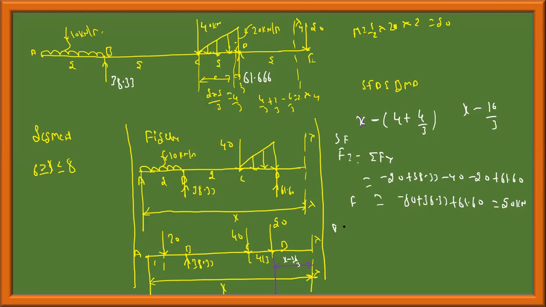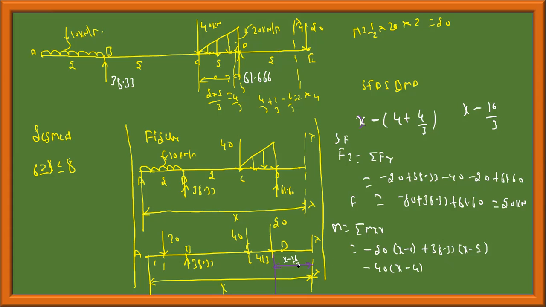Okay, moment is equal to the summation of moments at section xx. This will bend the beam like this. Let me write, this is minus 20 into x minus 1, minus 20 into x minus 1, plus 38.33 into x minus 2, minus 40 into x minus 4,